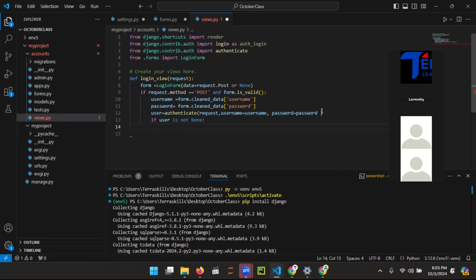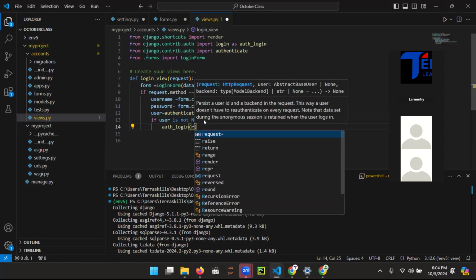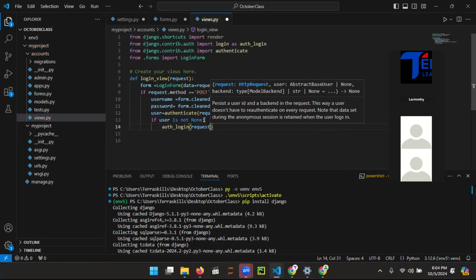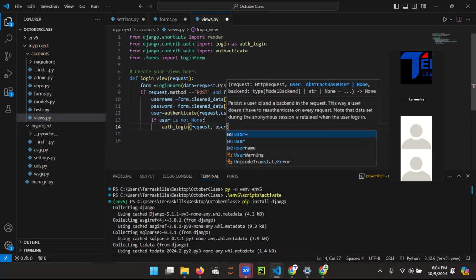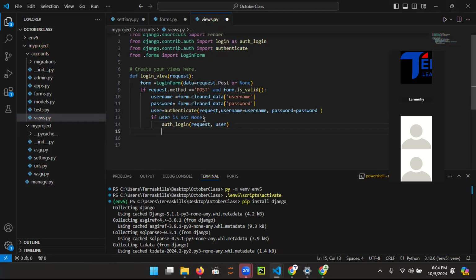So now, the first if conditional statement is when the values that were entered are correct. That should be the authentication. Then if it is not correct, then this is what will happen at the end of the day. So authenticate login. Okay. Request user. Return